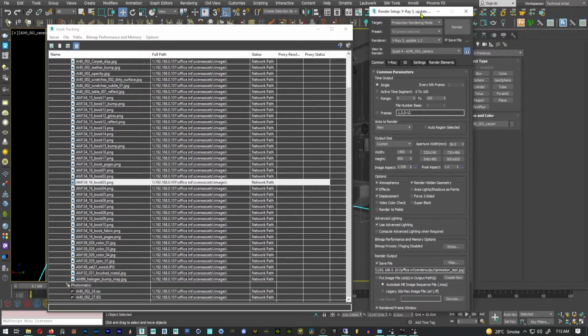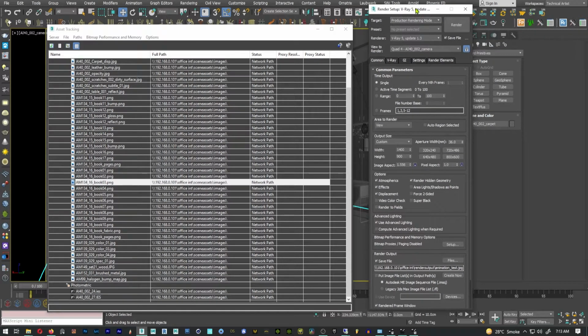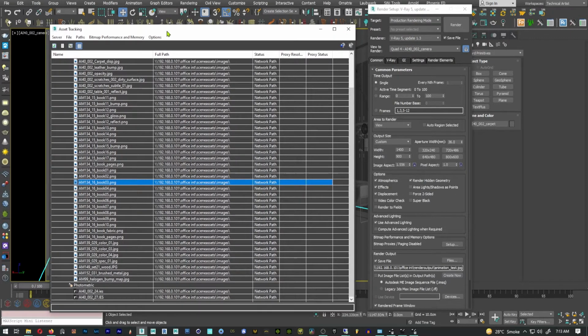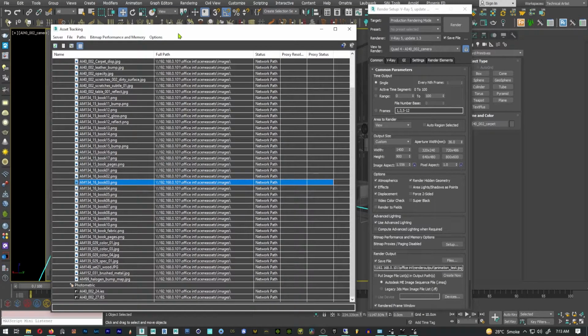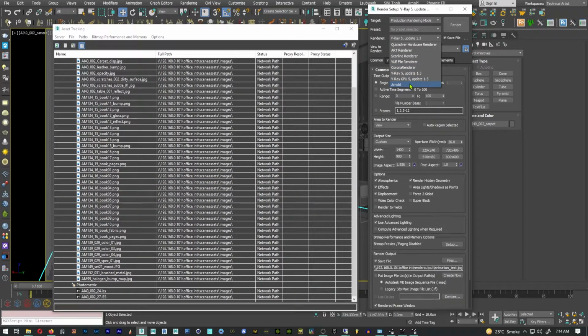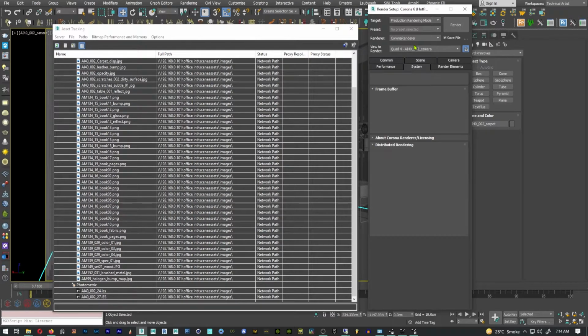So the next thing would be to move to 3ds Max, and I am using this on V-Ray. You can use Corona, Arnold, or any GPU render that you want. The process is the same. Let me just switch to Corona.